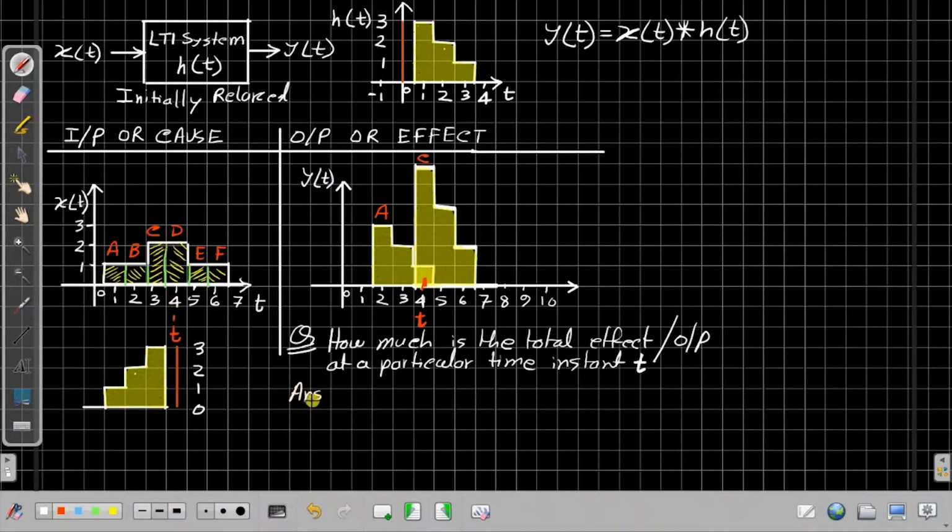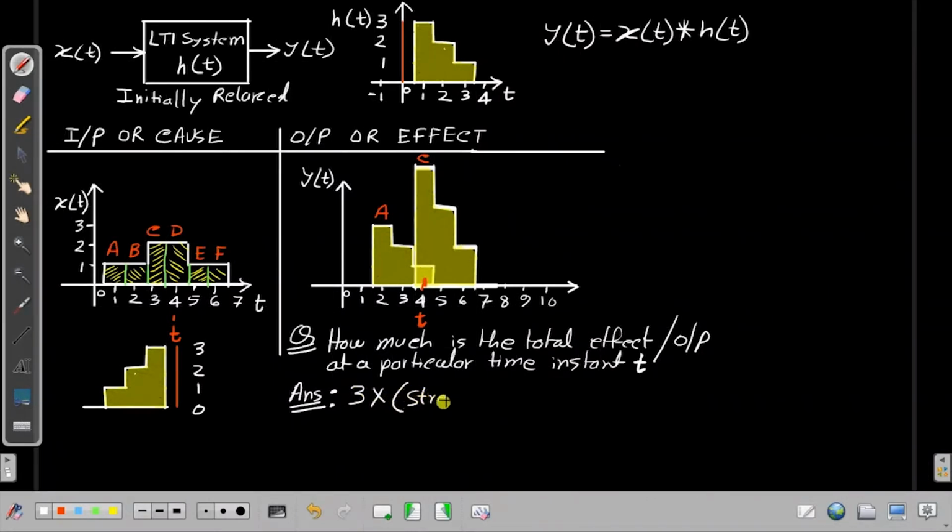The total effect will be 3 multiplied by the strength of this slice C, plus 2 multiplied by the strength of slice B, 1 multiplied by strength of slice A. So the total effect at T is 3 multiplied by